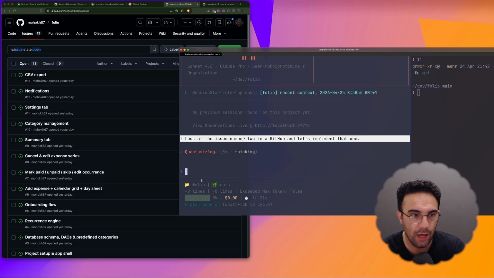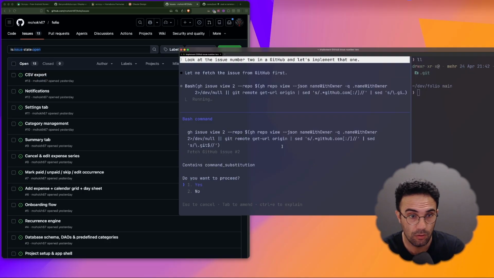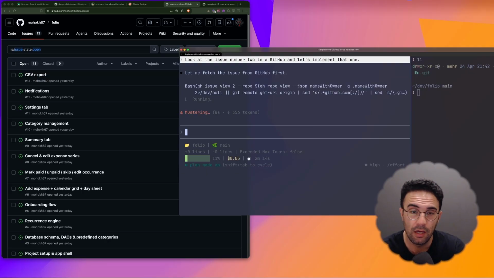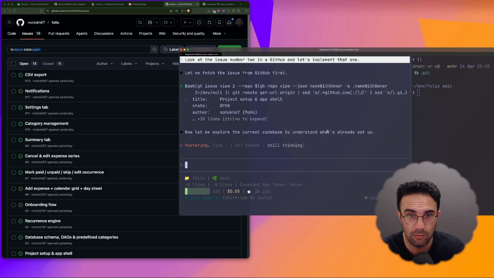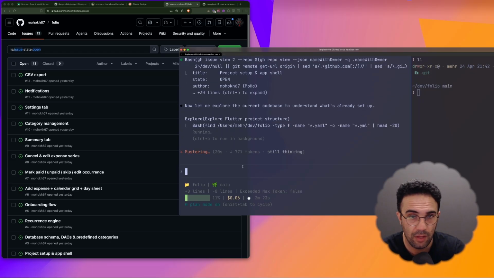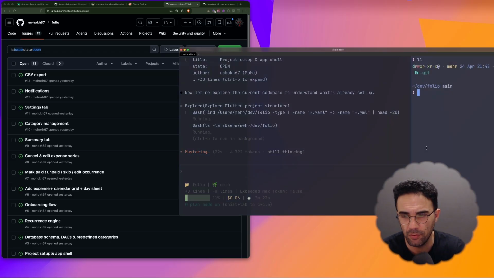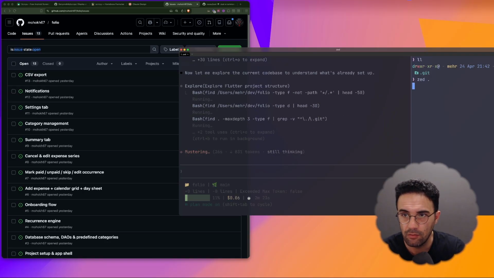Okay, so now because I'm already connected to the GitHub CLI, gh, you should be able to get it and find out what we're going to do. So let me explore the current code base. There is nothing really to explore. I think we have to also do a few things. So if I just open everything in a Z,